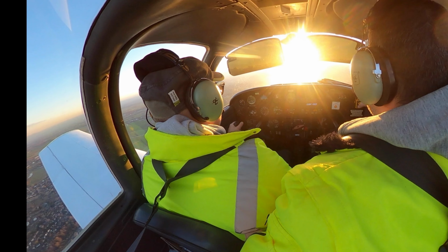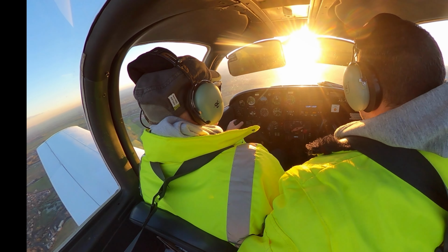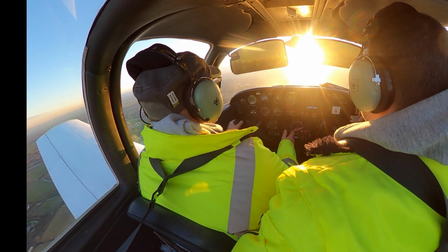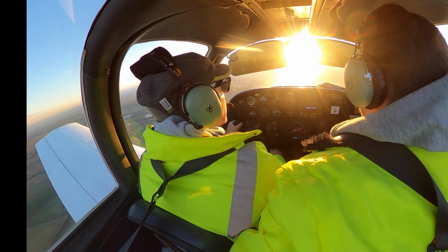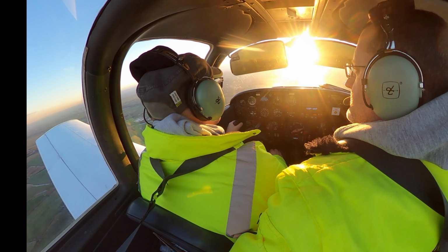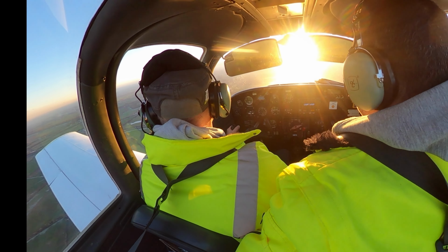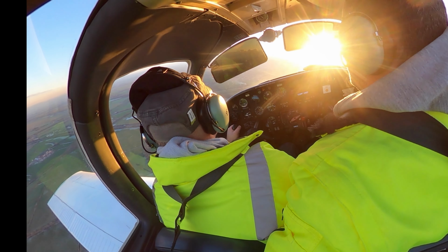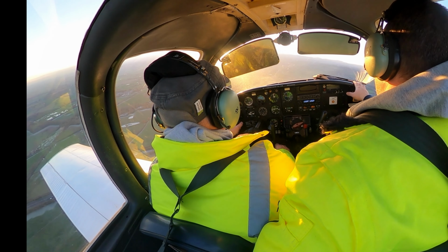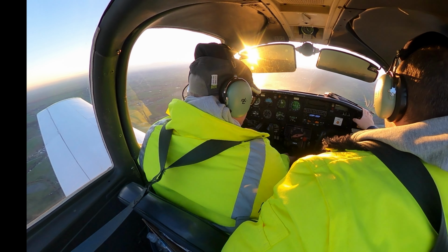So on this particular circuit, air traffic control threw in a little bit of a wild card, and we had to just circle for one rotation, a holding pattern, because another aircraft was landing on the runway and we couldn't get approach clearance. So we're just coming round now back onto our circuit track,